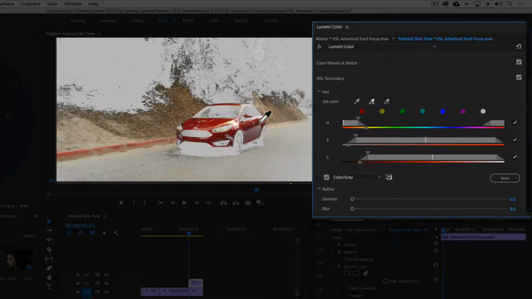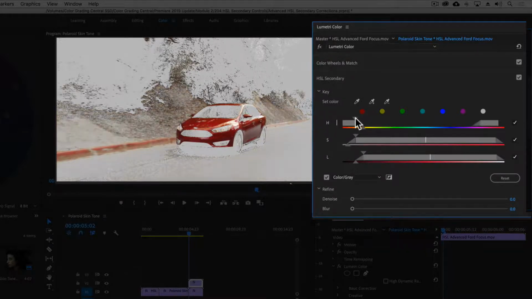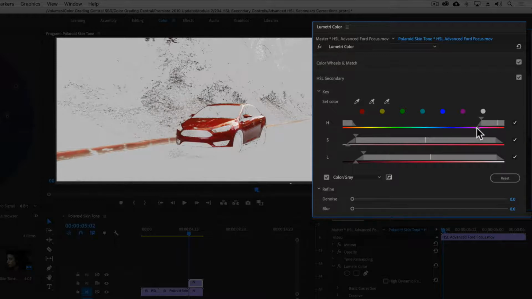Okay, because we're picking up a lot of unwanted areas in the image, let's refine our key with the HSL sliders, this time starting with the hue. By adjusting the center of the hue slider, we're able to narrow down our target hue. I'm also going to sharpen the feather of our hue slider, just so that our target is more precise. Next, let's adjust the saturation slider, then the luma, and finish by increasing the denoise filter